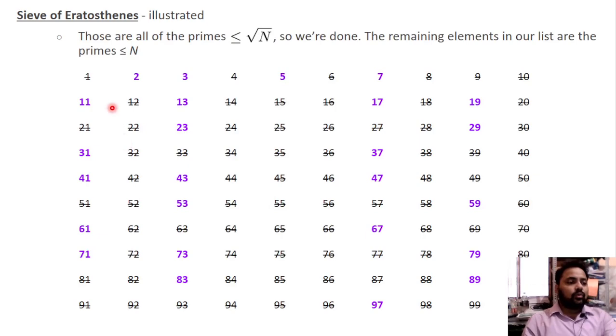What we observed, those are all of the primes less than or equal to the square root of n. So we are done. The remaining elements in our list are the